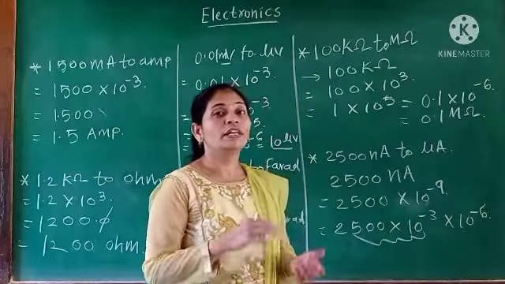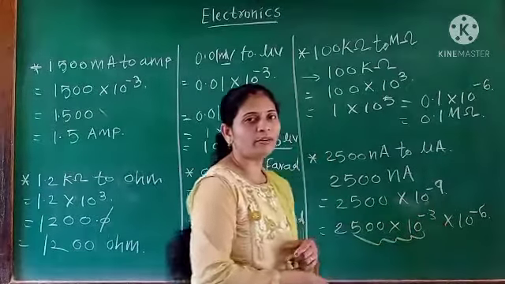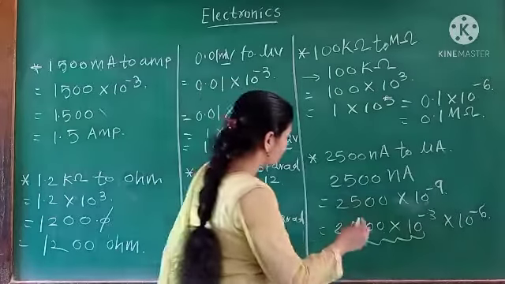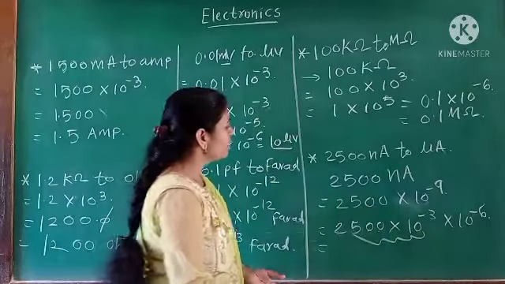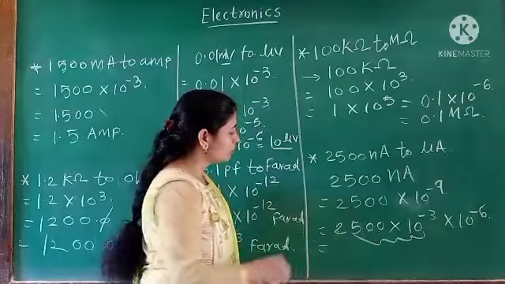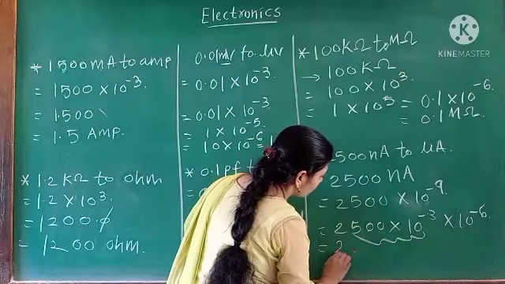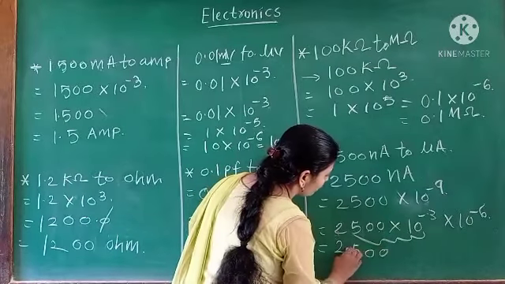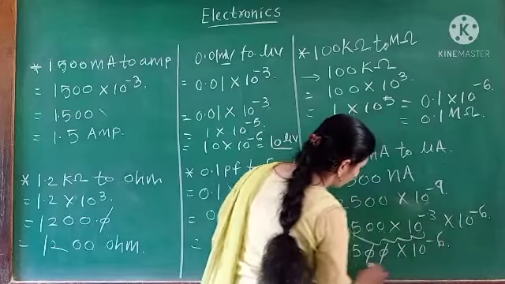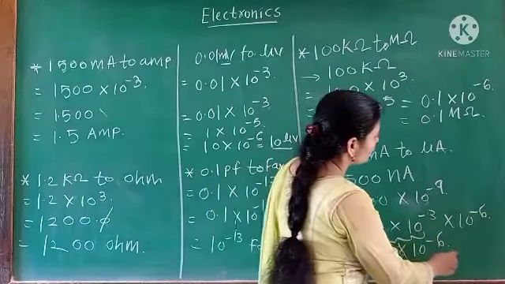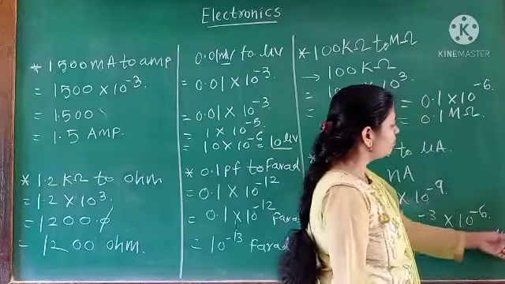Number with a minus power, then what you have to do? We have to do that instead of multiplication, we have to divide the number with the plus power, that is 10 raised to 3. So you can write it as 2500 divided by 10 raised to 3, or you will give here the decimal point. So I am giving here the decimal point. 10 raised to minus 3, 1, 2, 3. So we got here 2.500. Okay, this 0 cancel out. So we got here 2.5 into 10 raised to minus 6. Minus 6 means what? Micro. So we got here 2.5 microampere.